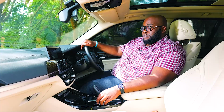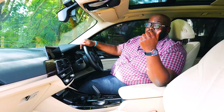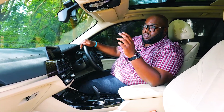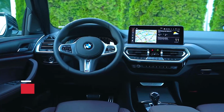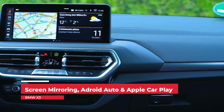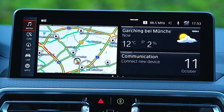You do have media as well. On the media side, you can connect quite a number of things. So if radio is your thing, you can tune in to 96.3 Nation FM. If it is Bluetooth, you can connect to your phone and of course stream music courtesy of the Bluetooth connectivity system. You have also screen mirroring, which basically mirrors your phone into this particular system. And of course, not forgetting Android Auto and Apple CarPlay are standard in this particular BMW X3,